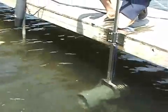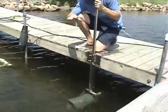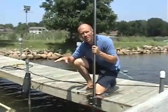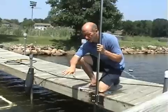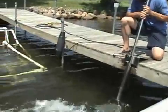Now in the case of our shoreline, we actually have 750 feet of shoreline at our home. And with the constant activity is the amount of weeds that end up showing up right on the shoreline. And with this, you're able to sweep them into one place for easy and convenient pickup. Now at the same time, if you just take a look again at the power head, the amount of propulsion,